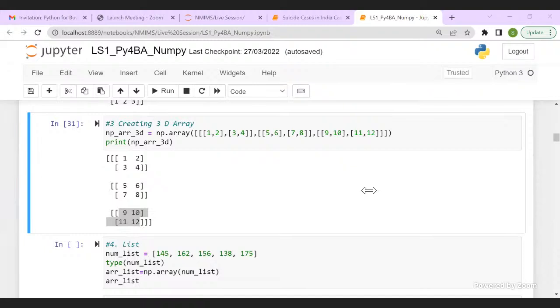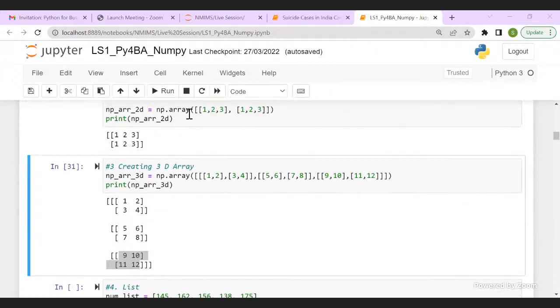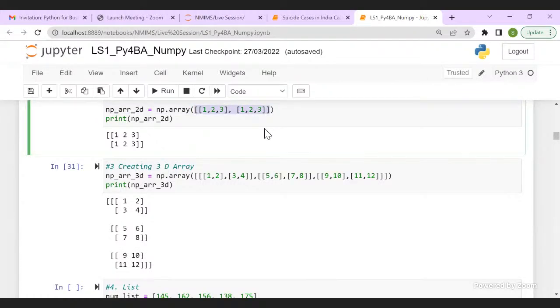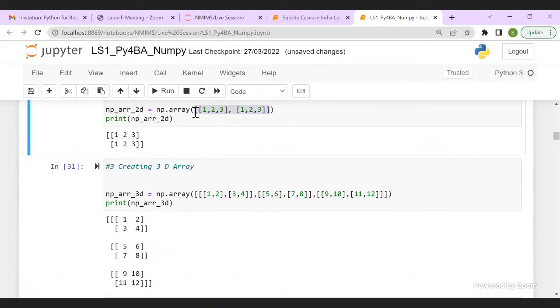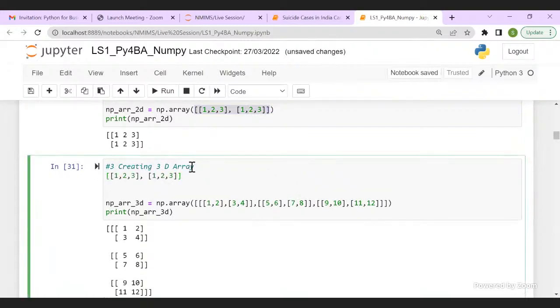Piyush, what is your confusion on brackets? Just be very careful, create slowly. What you can do is just copy your 2D. Here you have created a 2D array. Copy this, put a comma. See, I'll show you a simple way of doing it. I created this 2D array, so that I don't make a mistake. Control C. I put my 2D array here. Then I put a comma, a 2D array here, put a comma, 2D array, and enclose it in a square bracket. Okay. So I have created a 3D array.